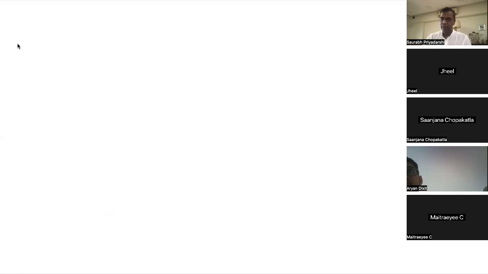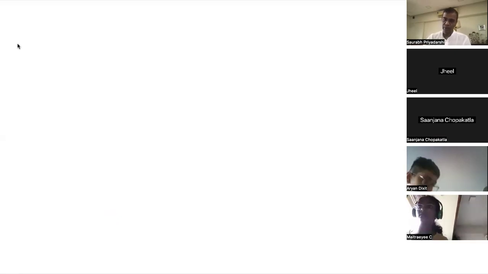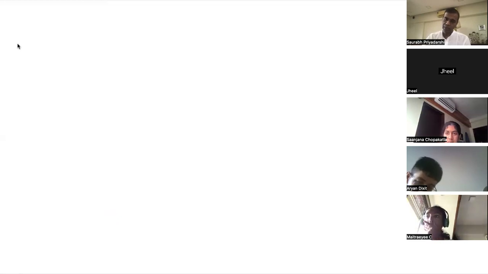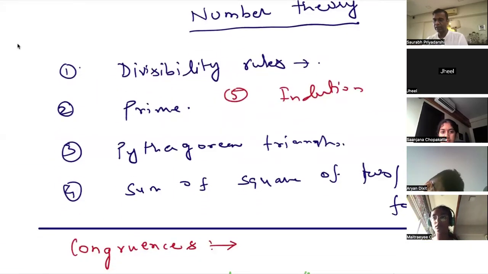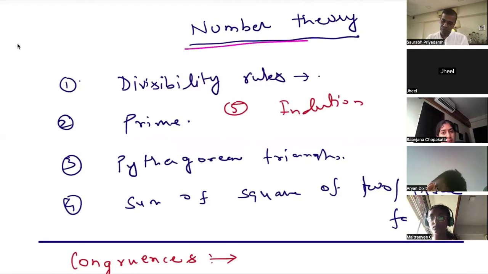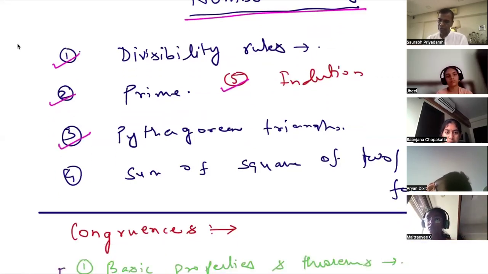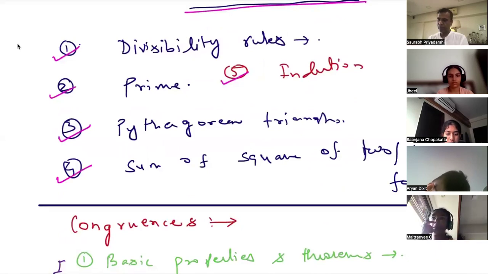We are starting number theory, the basics of number theory. So today we have planned what we have to study, as I already said, number theory. In number theory, we have to study divisibility rules, primes, induction, Pythagorean triangles, and sum of the squares of